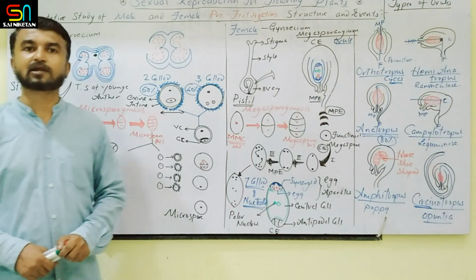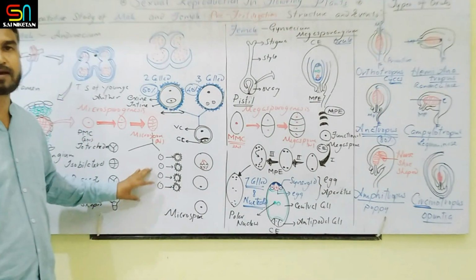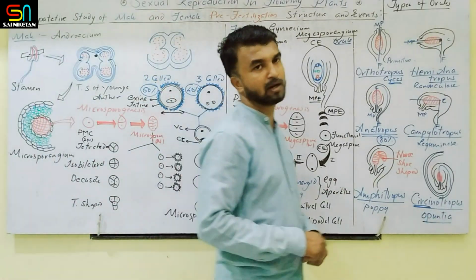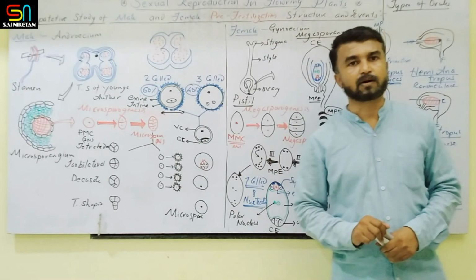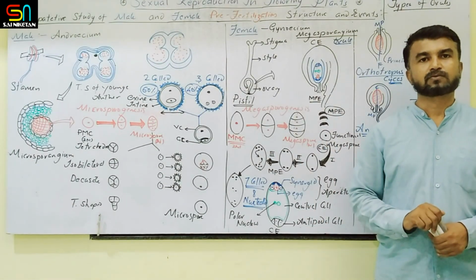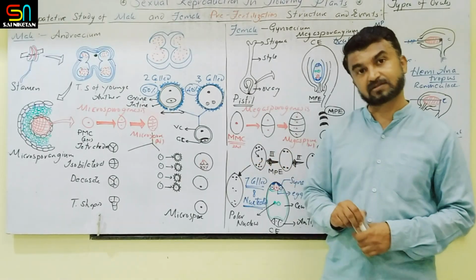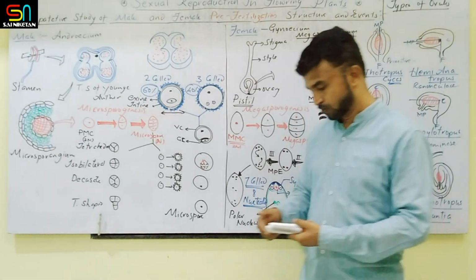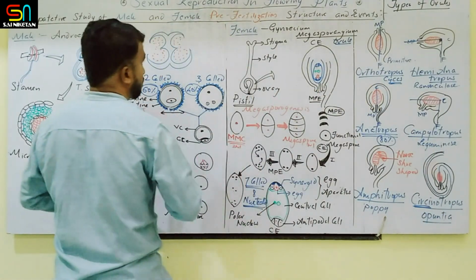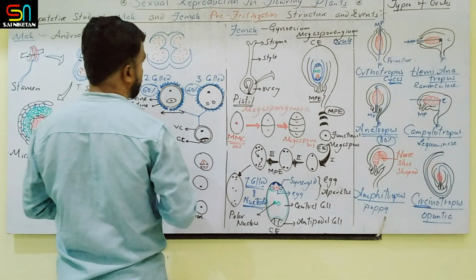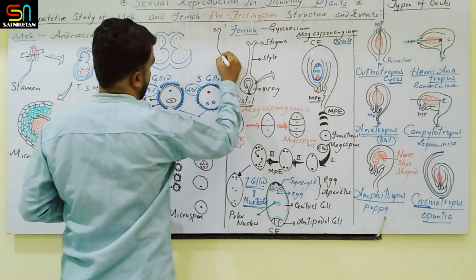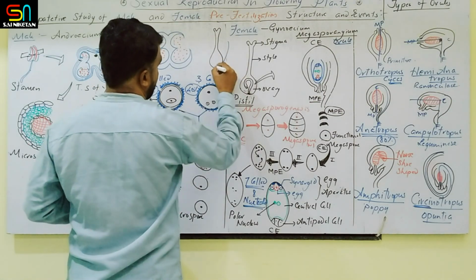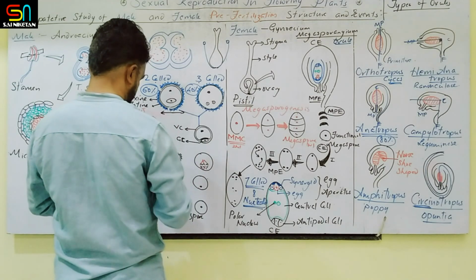So this is a little effort to cover almost the entire pre-fertilization structure of the male and the female reproductive part. A little bit clumsy, a little bit confusing, but it is necessary. Yeah. So the next topic is pollination. Now you can understand why pollination is necessary, just try to understand it. So one figure I will draw here.